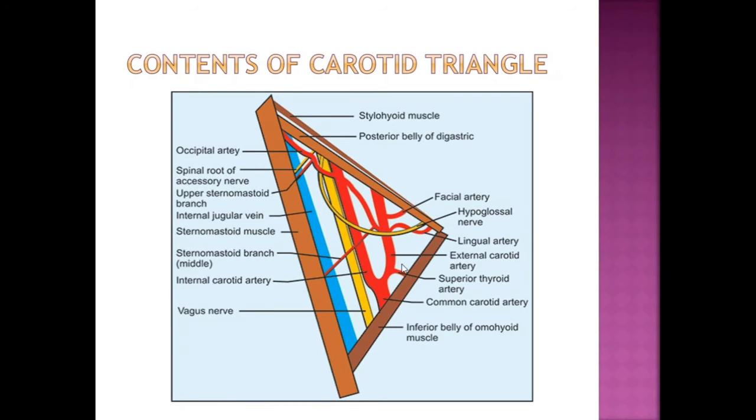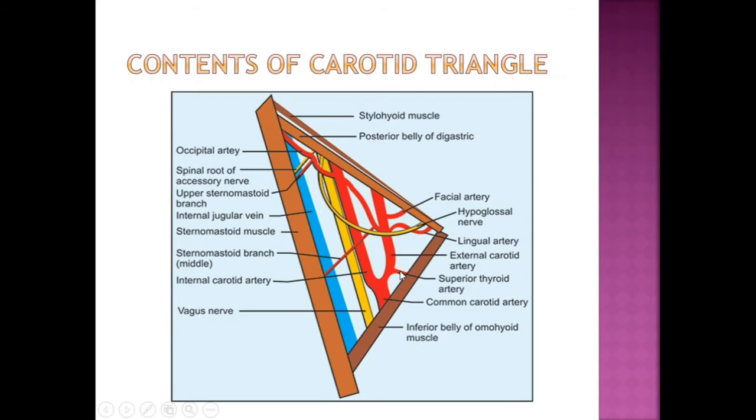So mainly the external carotid artery branches and also the thyrocervical trunk of the subclavian artery supply the main part of the neck. These are the main arteries in the carotid triangle we have described in detail. Now we will see the branches of the external carotid artery in the carotid triangle. Five branches of the external carotid artery are given in the carotid triangle.